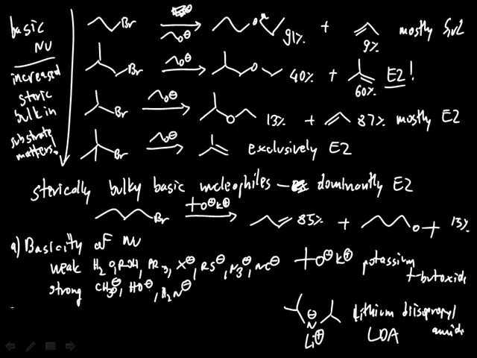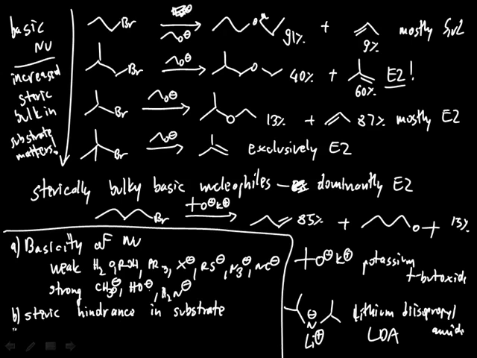elimination. The second factor we need to look at is steric hindrance in the substrate. And this is steric hindrance on the reacting atom, the reacting carbon of the substrate. If we have a sterically unhindered primary substrate, then we will favor substitution. If we have a sterically hindered secondary or tertiary or even branched primary, we will favor elimination. And again, this comes from the fact that elimination is a sterically less demanding reaction, so it operates well on sterically bulky substrates. Finally, and this is where the last point comes in, the steric bulk of the nucleophile